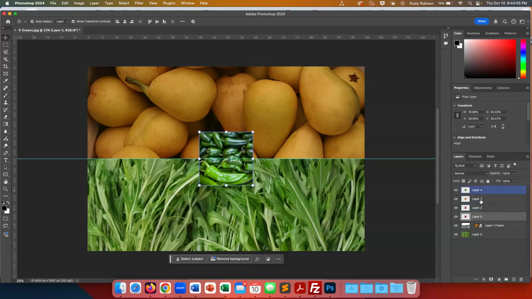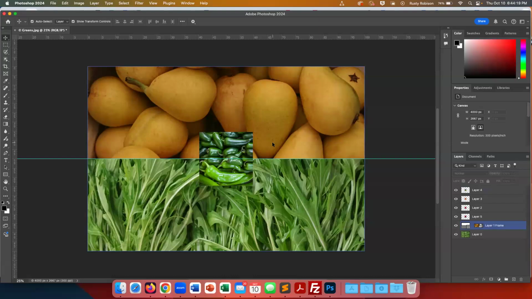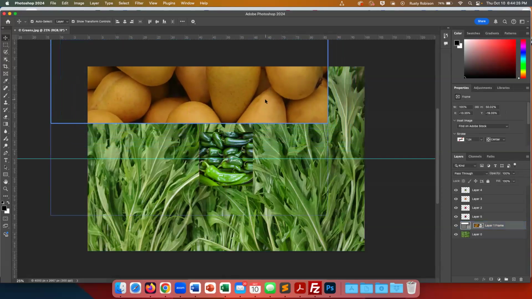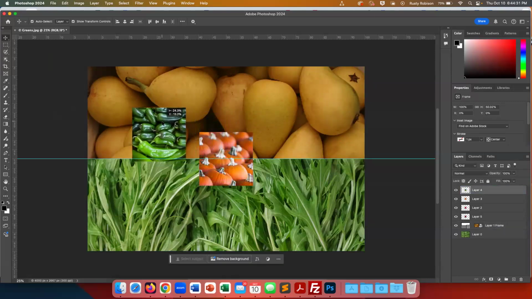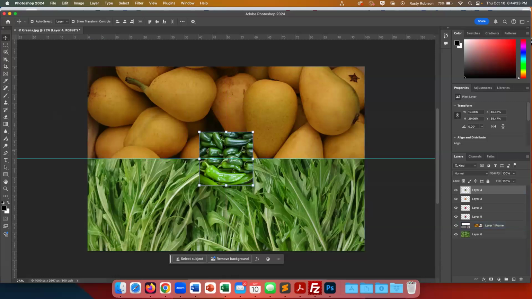But sometimes you'll have so many layers that it just becomes a mess. So, for our move tool, whenever you want it, you hit the letter V. And it's going to sort of target whatever's on top. So if I click on the pears and move it, it moves the pears. If I click on the peppers and move them, it moves the peppers. But I can also,